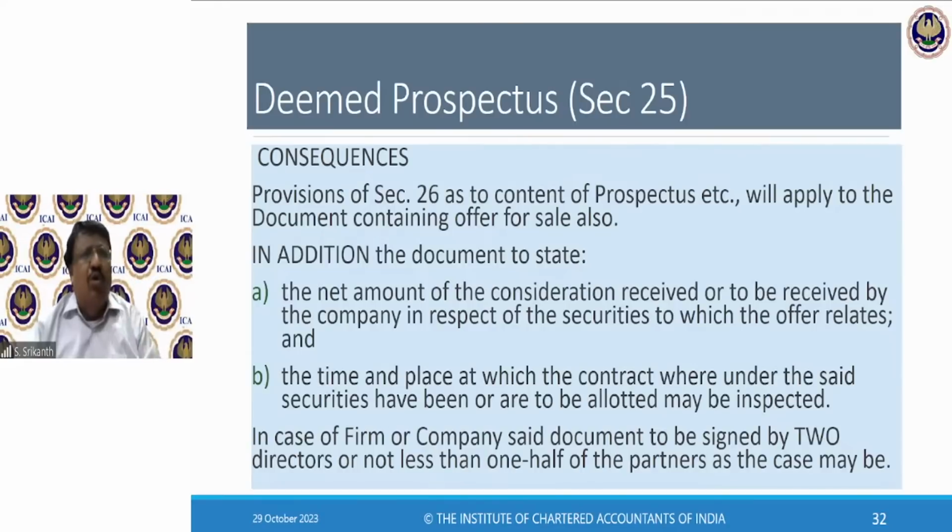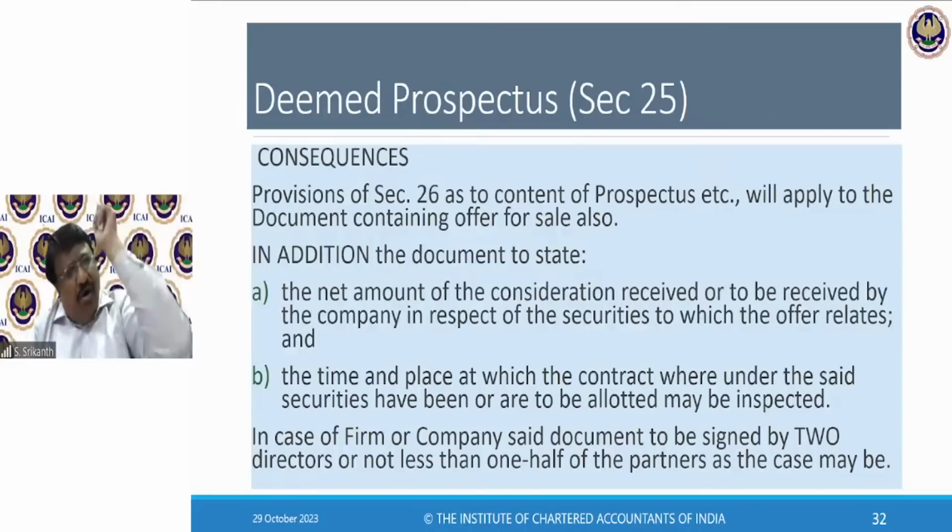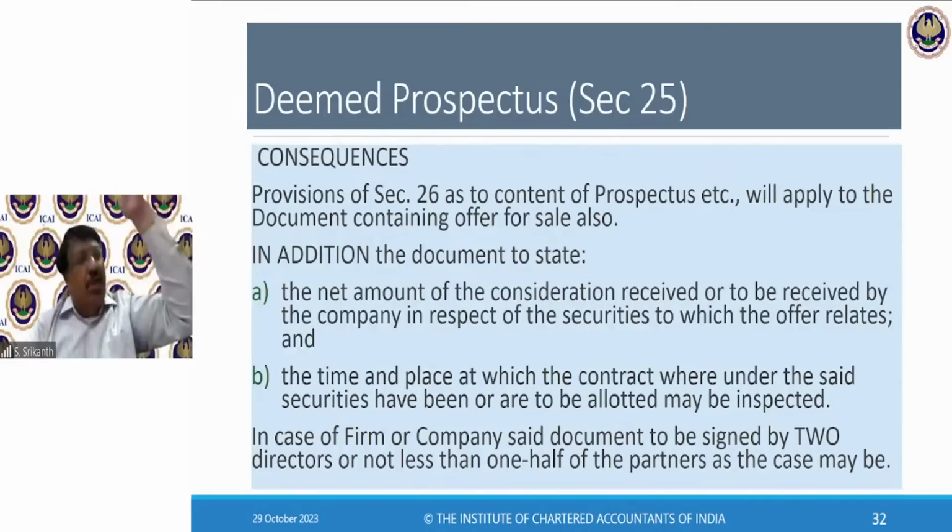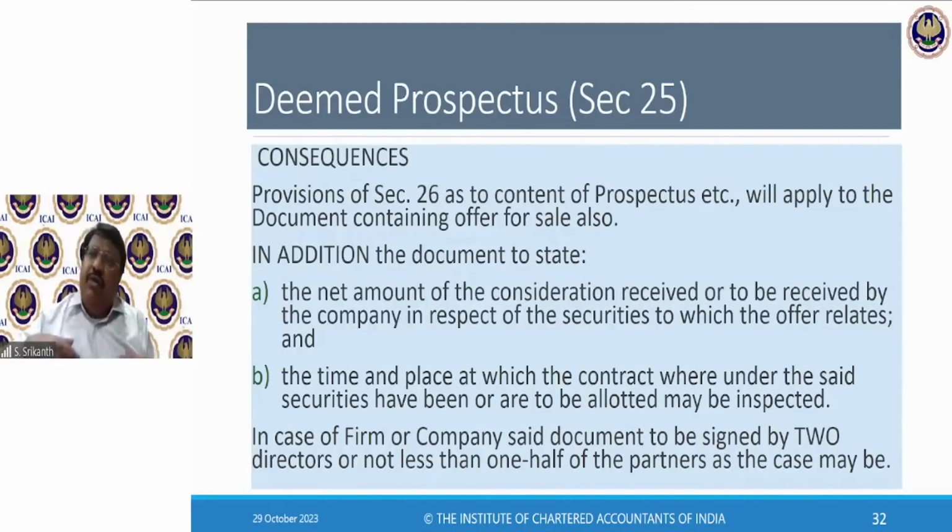Simple. You just go to Google, put legal, put deemed meaning. Even if you want it in Hindi, or whatever language you put, automatically Google will give you. I have given you in English. It's a legal fiction. It is as though something is not so, but the law is telling that it is so.